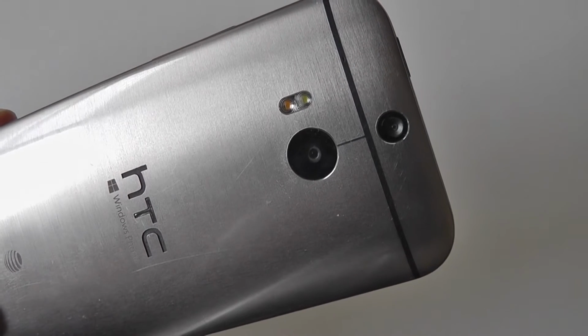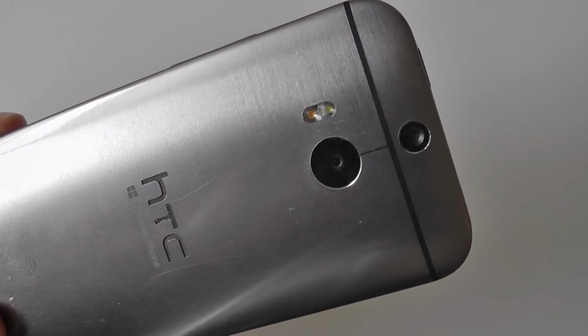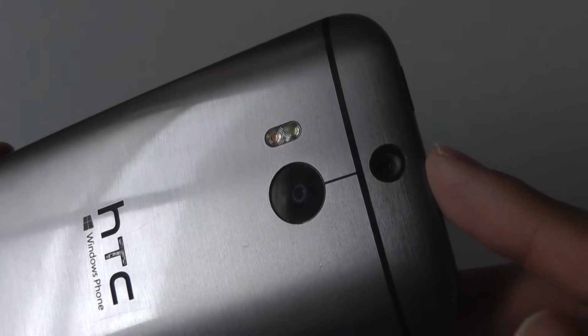So that is something to be aware of. If you are a photo buff or a photo enthusiast, perhaps the M8 is not going to be the best phone for you. The top, which features the secondary camera, is a depth sensing camera, which allows you to then